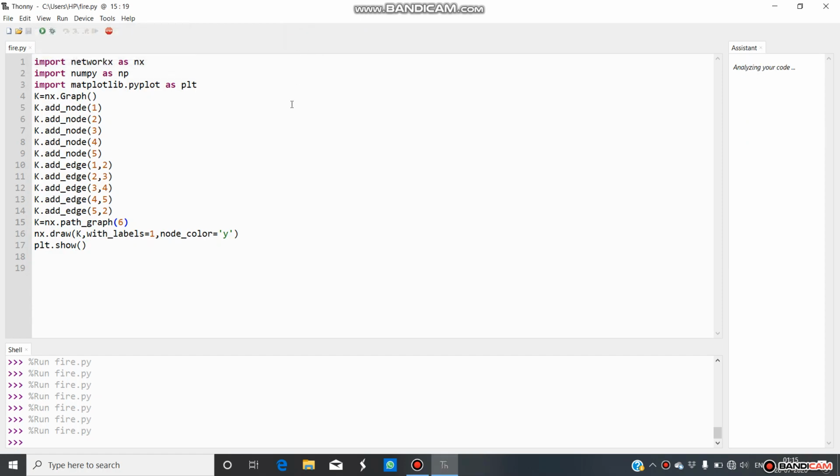Now we are going to create a cyclic graph by using the command k equals nx dot cycle graph.